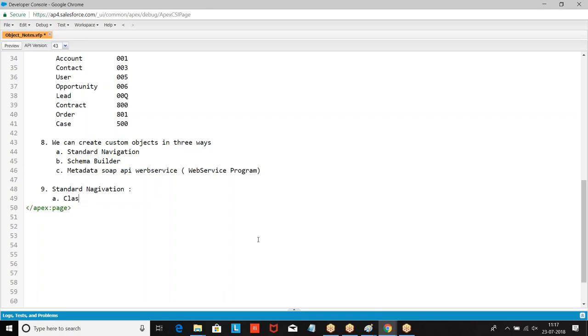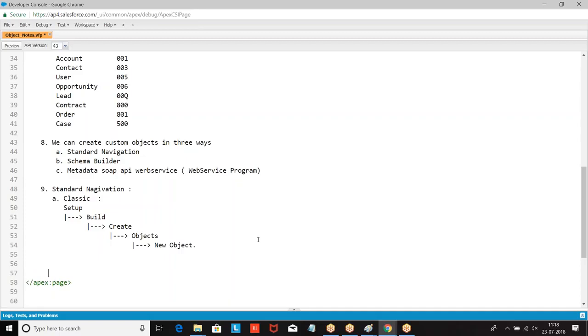In Classic, look at the navigation: Setup, Build, Create, Objects, New Object.